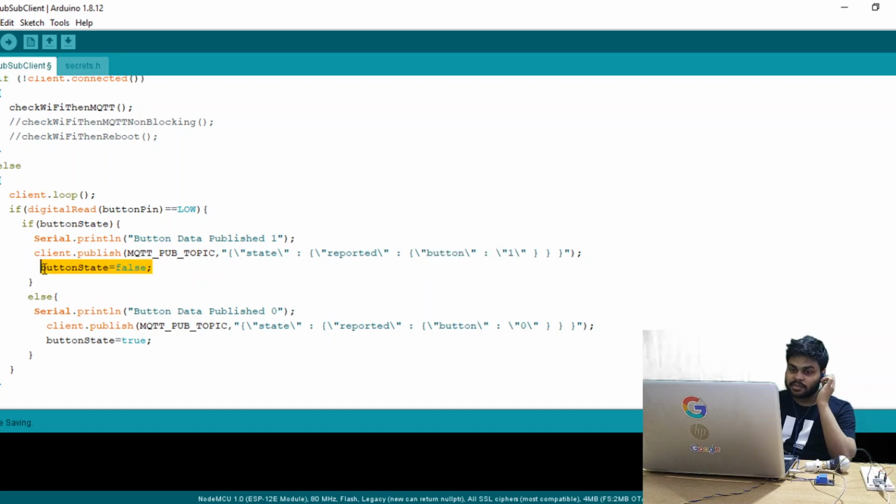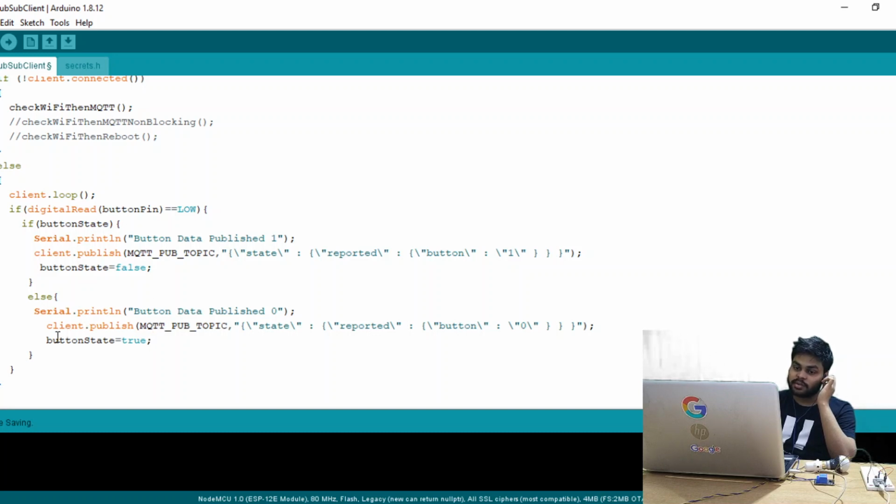and after it will make this button state false, which means that on the second click this if condition will not be executed. Now the else condition will be executed. So in the second click we are publishing button value as 0. This is the logic of this if and else condition.